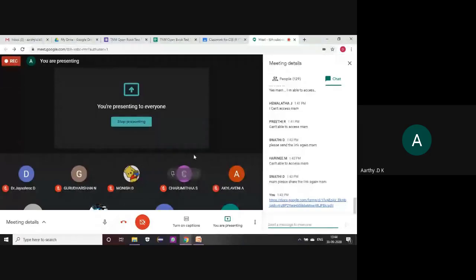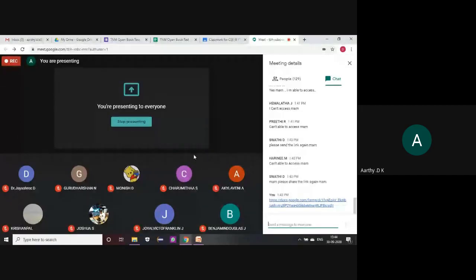After the classes are over today, make sure that you make your college mail ID the default mail for your laptop and for your mobile, because this mail ID is permanent for you. Even after you leave the college, this mail ID can be retained by you, so it will be useful. Make it your default mail ID, because all your placement related acknowledgements from the company side will also reach only through your college mail ID. So you can have your college mail ID for a lifetime. Swati, you are able to access now. Okay, good.